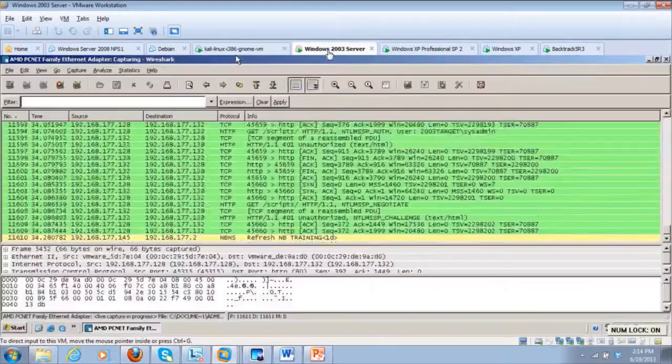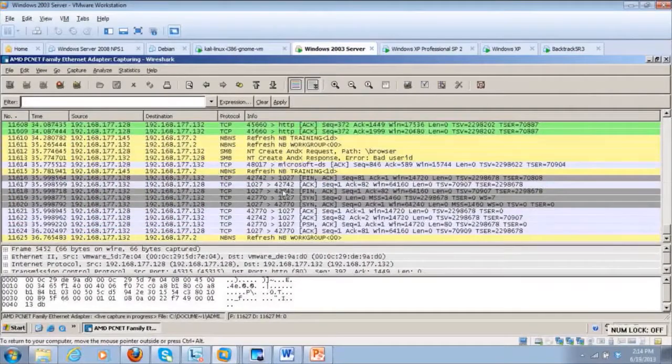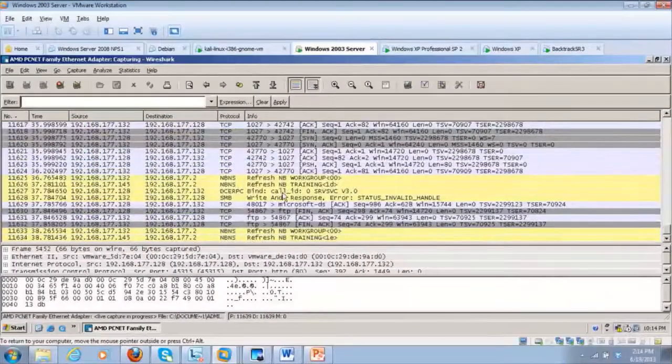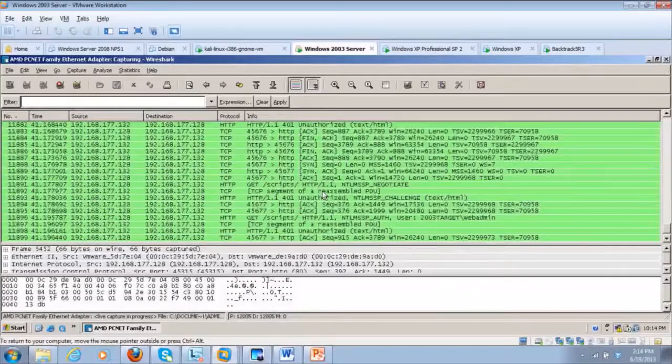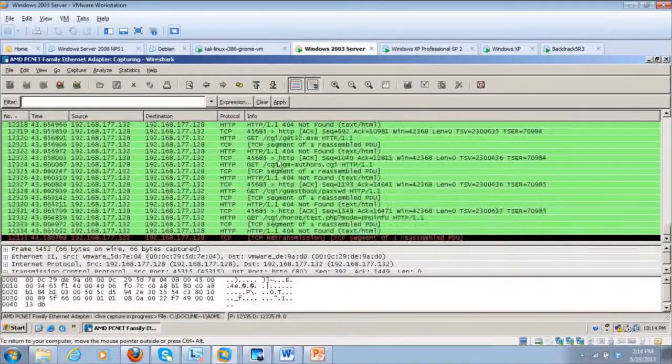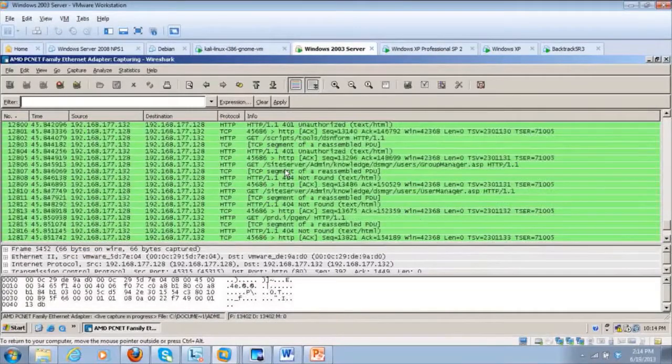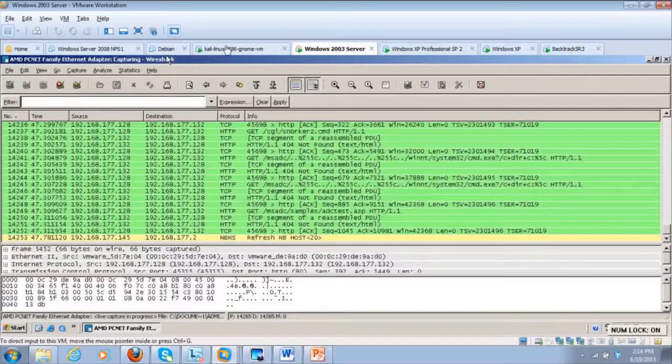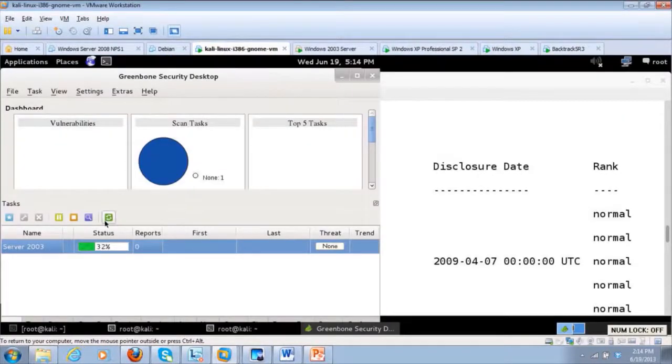Go back and watch our server. Lots of traffic coming. Telling us workgroup, it's got all that stuff, and it's doing a lot of web stuff. See all this web stuff coming through here? So it's doing a lot of web stuff. We go back to Kali Linux. Greenbone Security Desktop, and we're at 40%. So we'll continue on, and we'll go until the scan gets done, and then it'll tell us what the threat